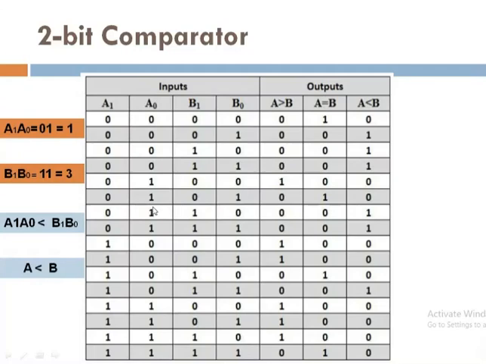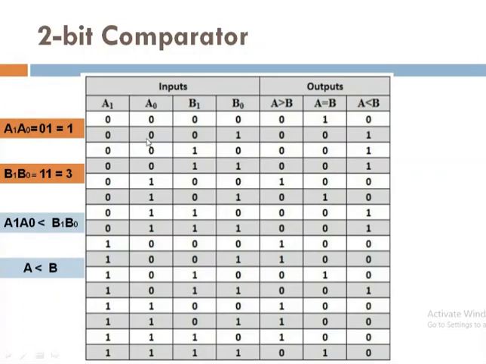Whatever the binary combinations are given, you have to compare these two columns. First, you need to convert these two-bit values into decimal, so it is easy for you to compare. If you compare in the form of decimal, you can easily calculate your output part. Here for the first case, 0, 0, the decimal value is 0. Now next case 0, 0, again the decimal value is 0. So 0 is equal to 0, so we can say that A is equal to B. So this output line will be high. The remaining two output lines will be 0.